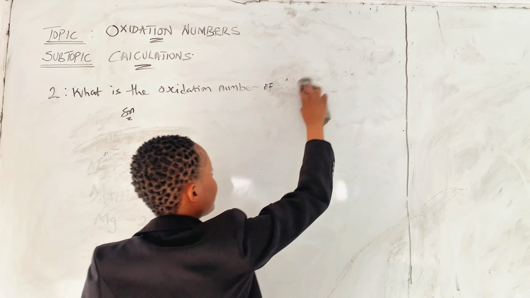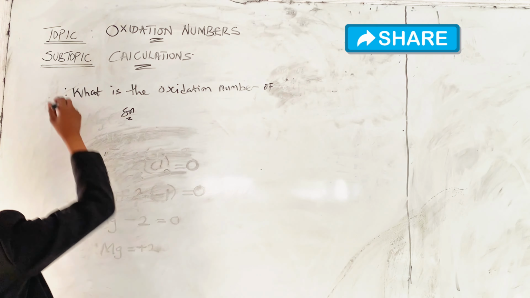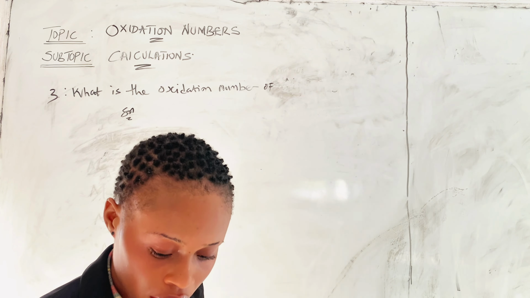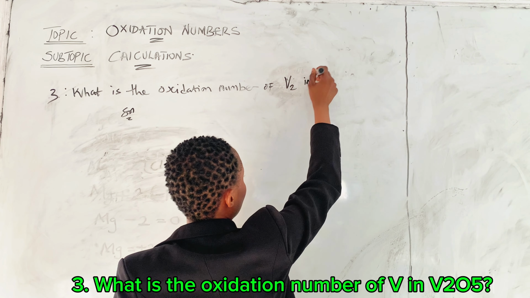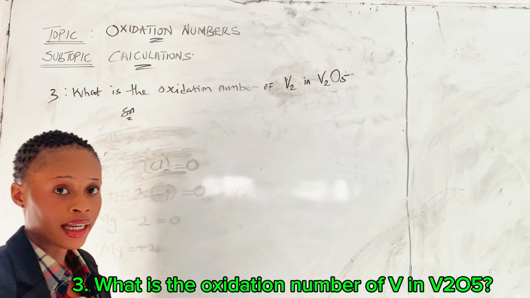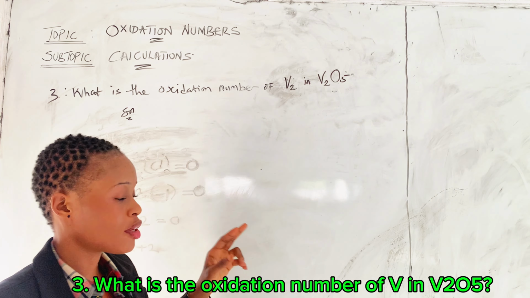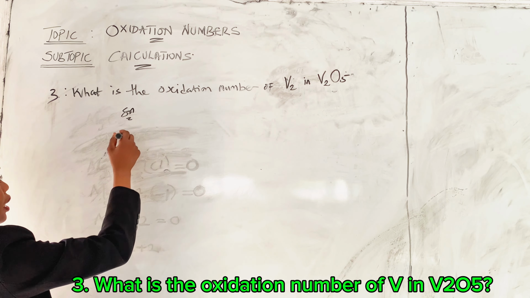So as I said, for the sake of not wasting time, we're just going to be changing the numbers and solving accordingly. So our next question is V2O5. Okay, vanadium oxide. So we're going to be looking for vanadium. That's the oxidation number of vanadium in vanadium oxide. Okay, so solution. So we're going to write it as usual,